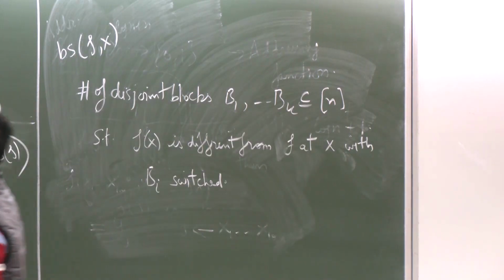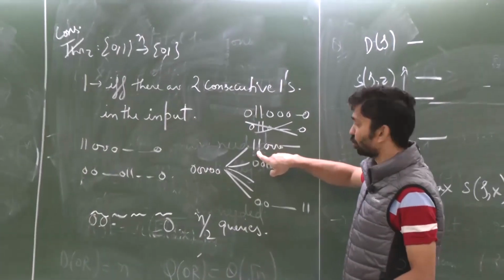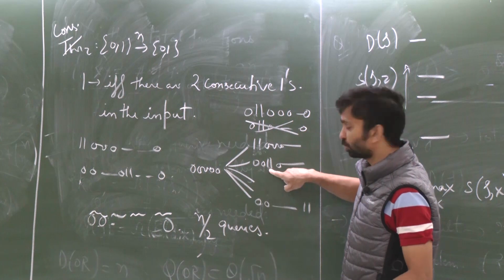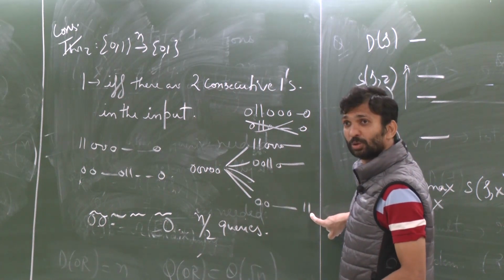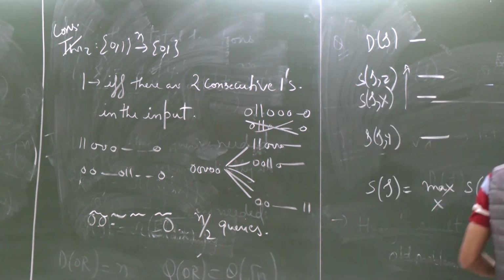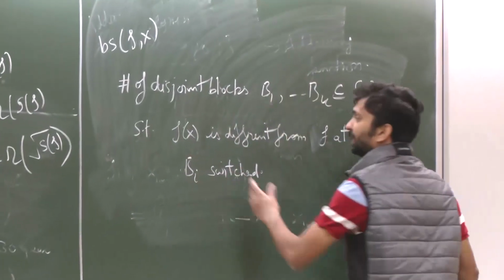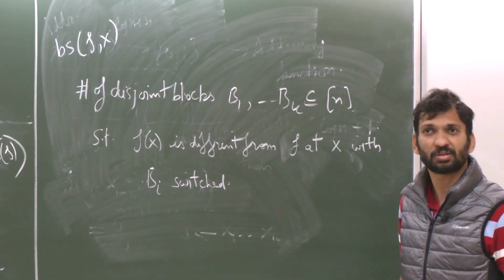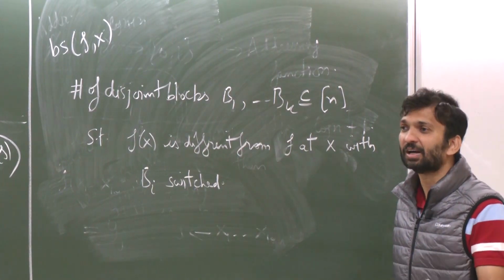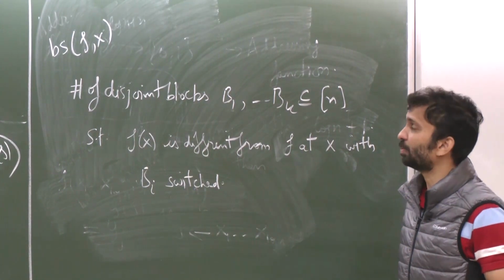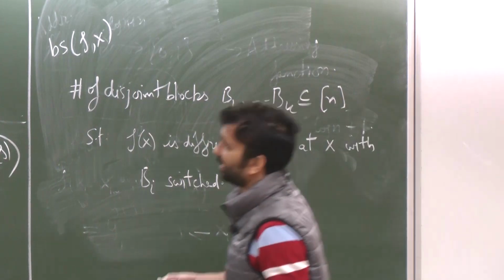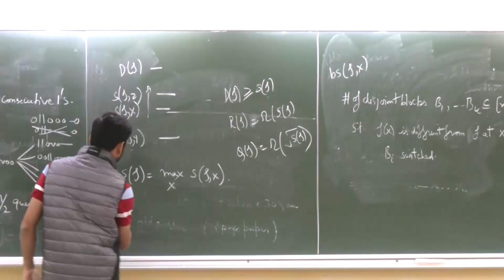Okay, so now B1 is the first 2 bits, B2 is the third and fourth bits, Bn by 2 is the last 2 bits. Anytime you switch bits from Bi, your function value switches. And then the idea would be that you have to query from each block. And again, we will define